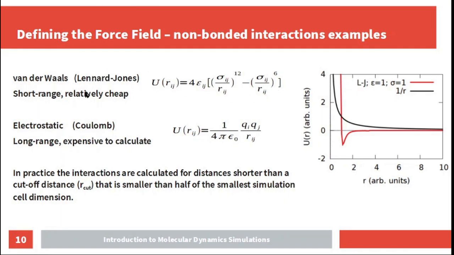Because they are short range, van der Waals interactions are relatively cheap to calculate, whereas electrostatic interactions, because they are long range, are expensive to calculate. And there are special methods of calculating electrostatic Coulomb interactions. One, for example, is called the method of Ewald sum. We can't really get much deeper into that right now, because that would be out of scope. But it is enough for you to know that Ewald sum is one of the methods that can be used